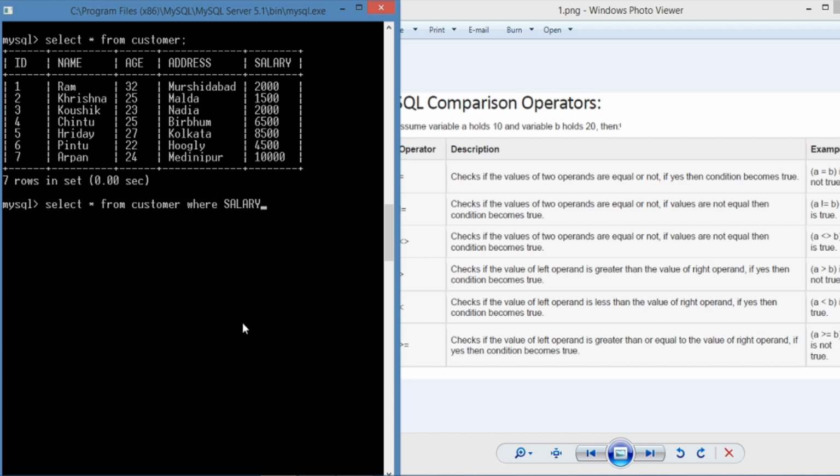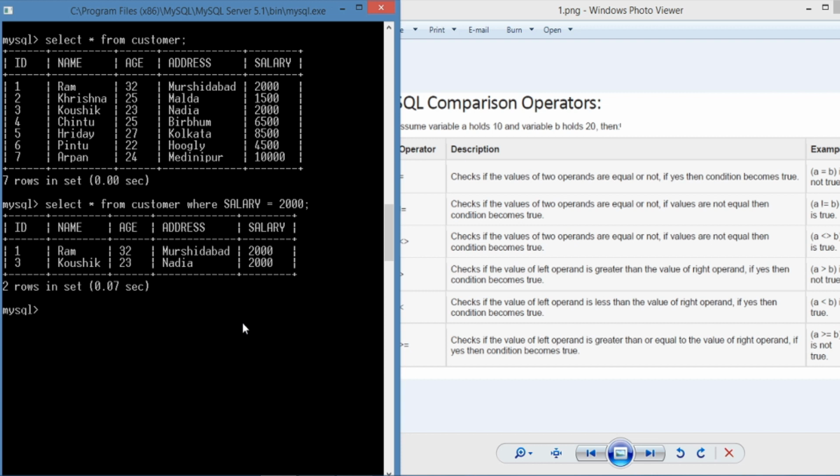By writing this query we get the results of the employee or customer whose salary is equal to 20,000. Semicolon. See the results. Ram and Kaushik have the same salary.